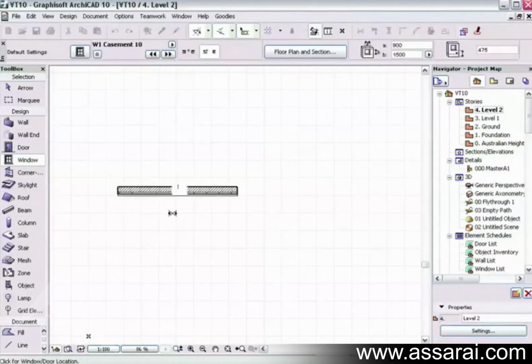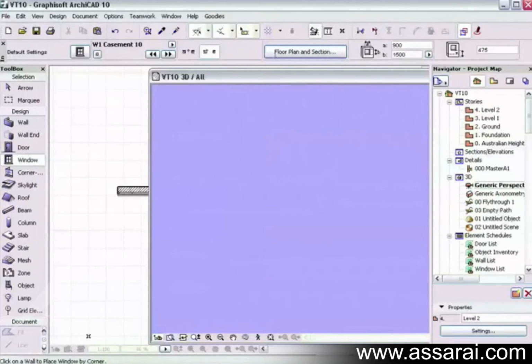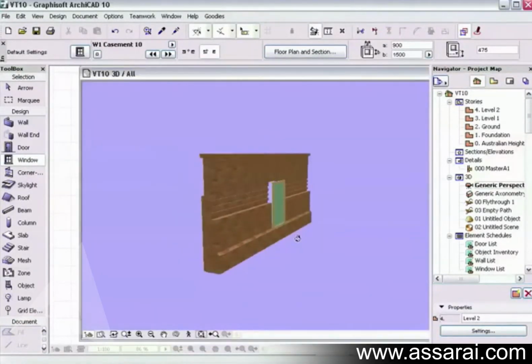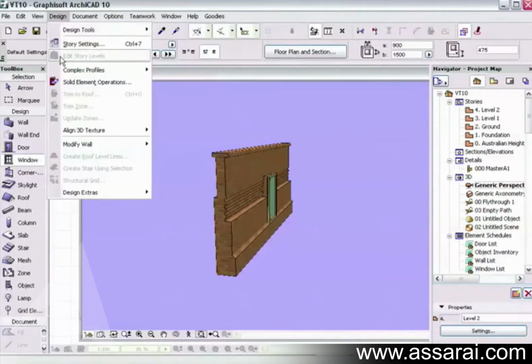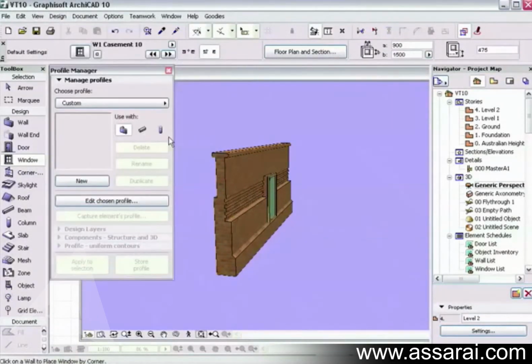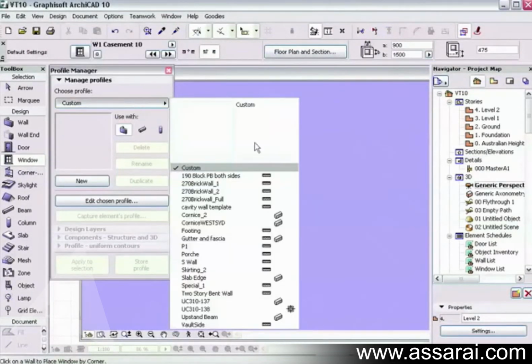Now I'm just going to place any window in there, and if I go to the 3D window, we can see where the window is sitting. Now I didn't actually save the new position of the window reference line, so if we open that now and I open that wall again,